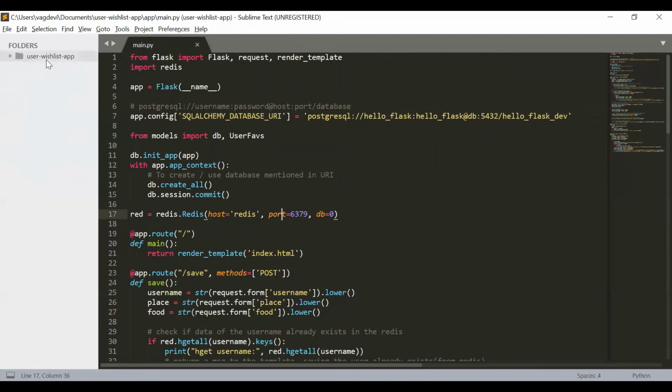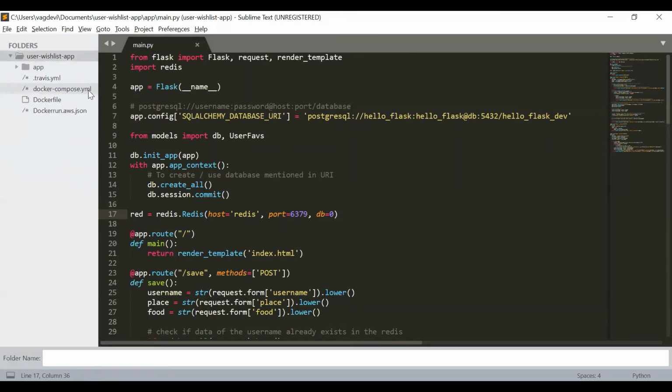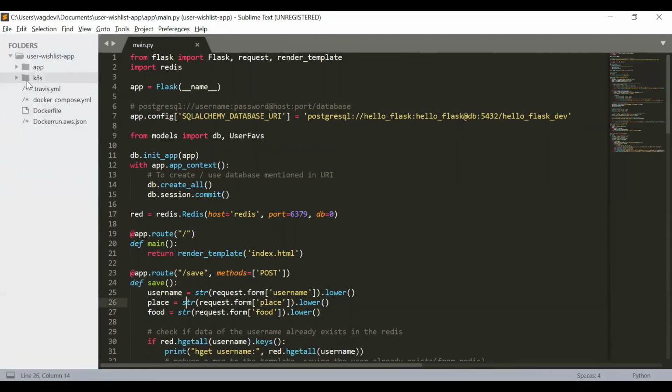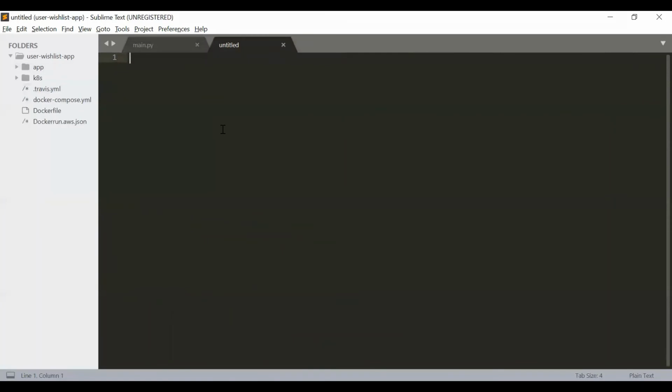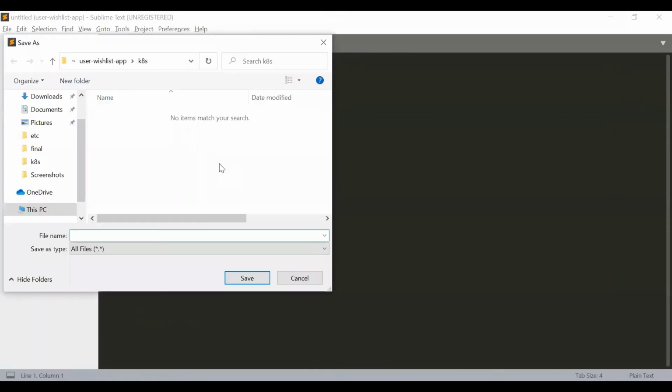So under this project folder, create a new folder with the name K8s. Okay, K8s here, and then hit enter. So the K8s folder is created right now, right? Then create a new file and name this file, using Control S, as web deployment.yaml.